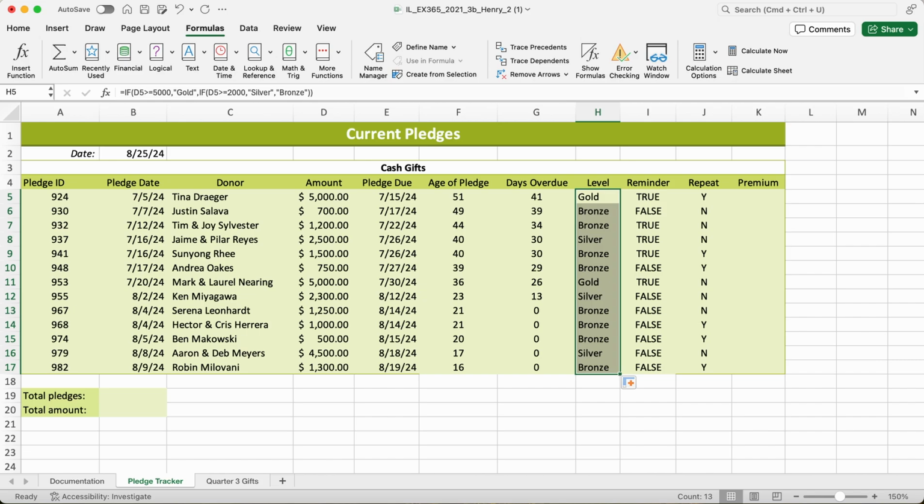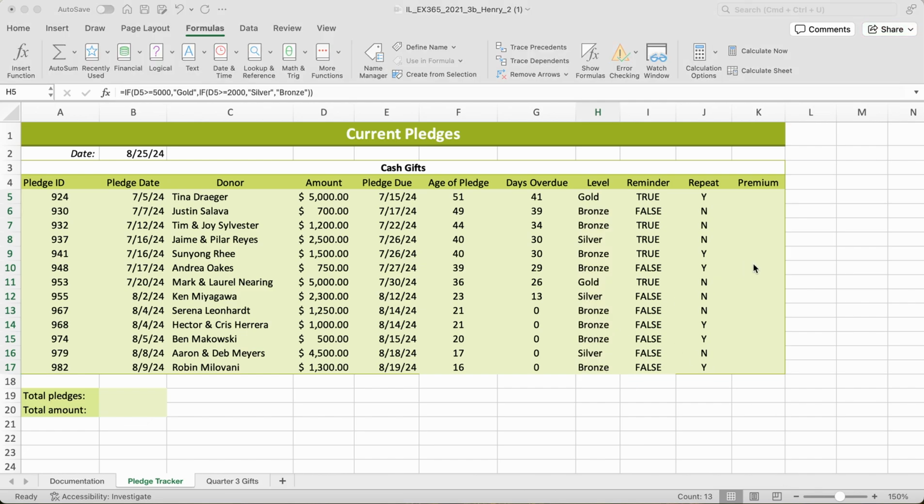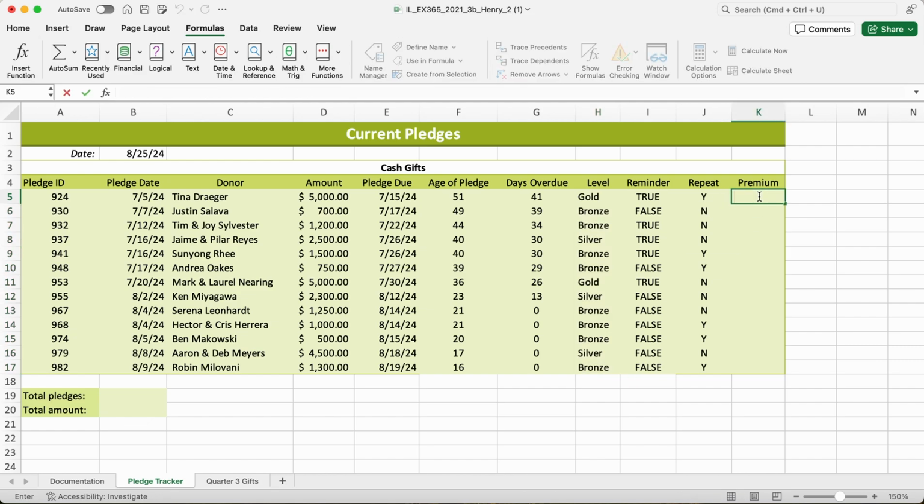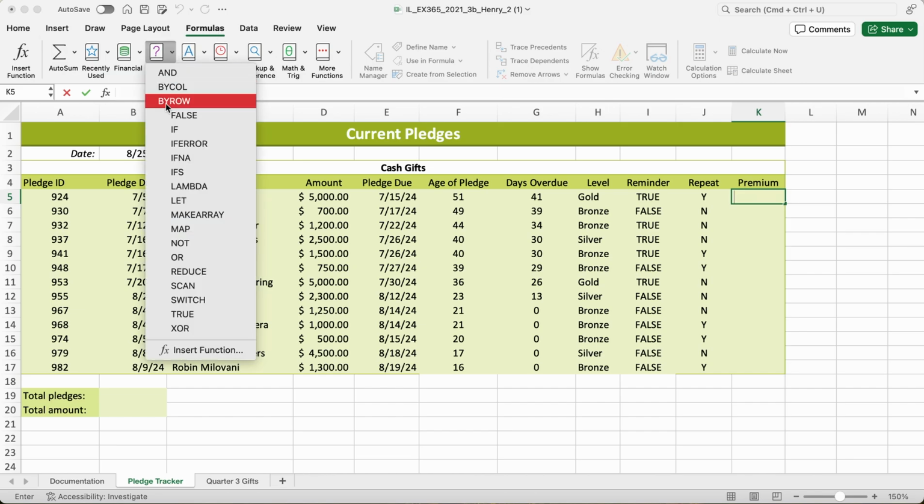So it says donors receive a premium as a token of appreciation if their donation is at the gold level or if they are repeat donors. So it provides this information for Jane as follows. It's going to show us here on K if they are continuous donors and if they basically get a token of appreciation. So for here, we're going to go to K5, and then it says we're going to put an OR function. So we're going to go back to our formulas. We're going to go to OR,